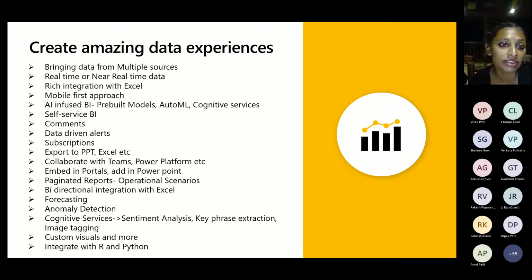How do users leverage the power of not just insights in the way that you're able to slice and dice and do what you traditionally used to do, but also look at those insights which you're not already looking at and derive more out of it, right? So those are all the AI-infused BI capabilities available today in Power BI. Along with it, a lot of the developments you must have heard around cognitive services, auto ML. There are a lot of pre-built models also available, and in our public customer stories, you'll see a lot of these being leveraged